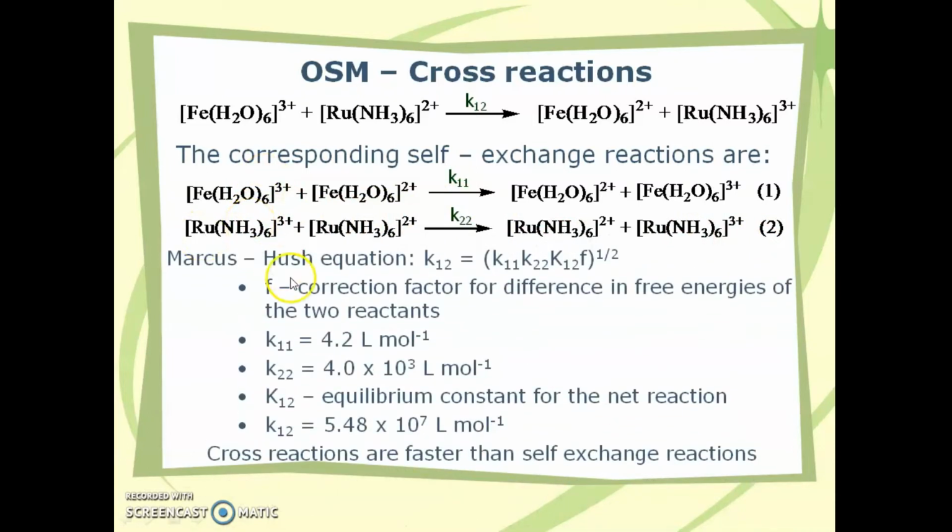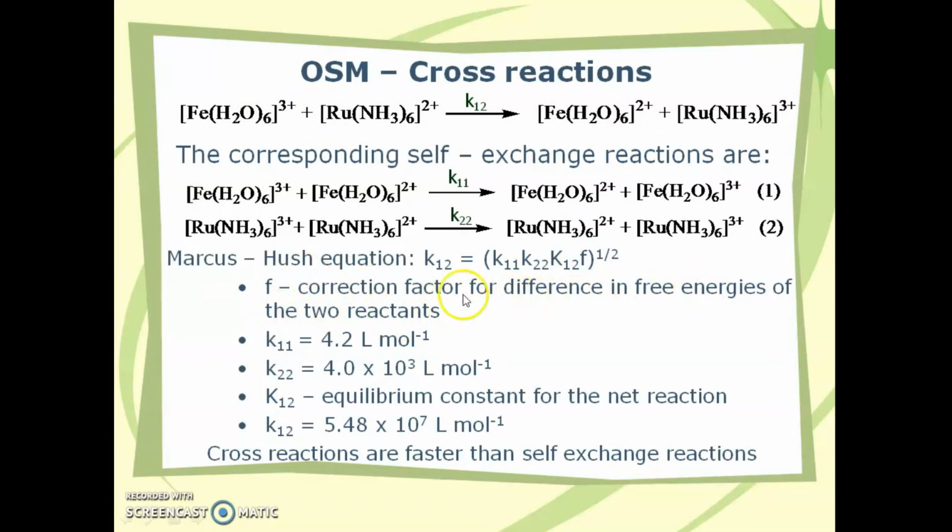Now Marcus and Hush framed the equation to understand the rate of the cross reactions. The equation is: the rate of the cross reaction K12 is equal to the square root of K11, that is the rate of the first self-exchange reaction, and K22, the rate of the second exchange reaction, and K, the equilibrium constant of the net reaction,